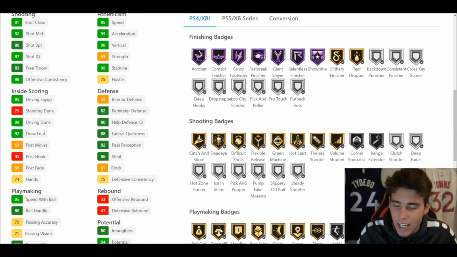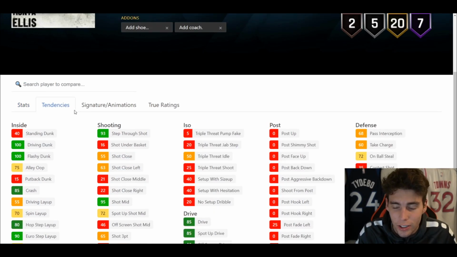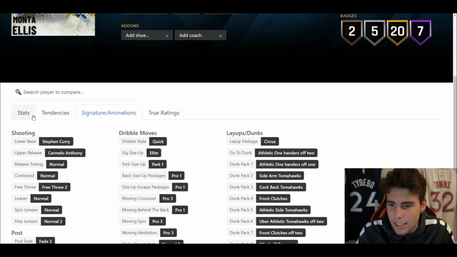But when he's fully badged out, as long as you're good with his release, he is absolutely incredible. Now, I've never been able to really get his release down, especially on current gen. On next gen, I heard it's an easier release to green. So if that's the case, then maybe Monta Ellis is that next level. 100 driving dunk tendency, decent enough defensive